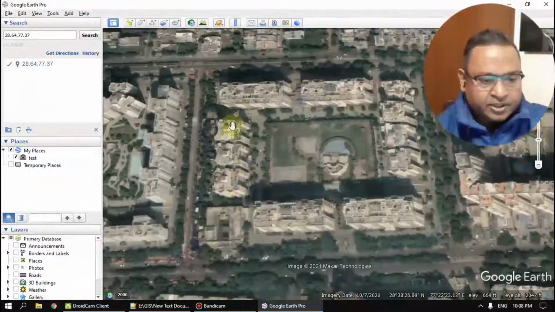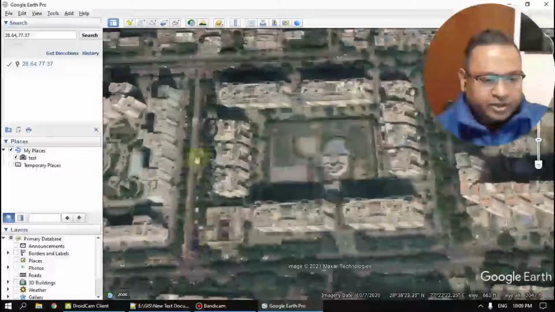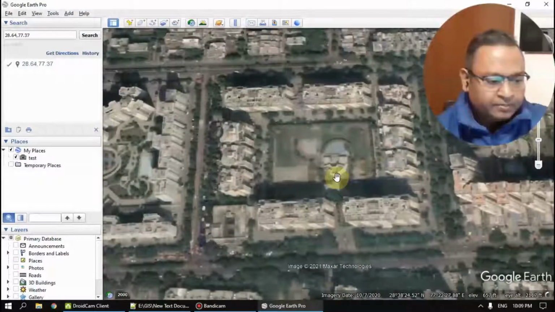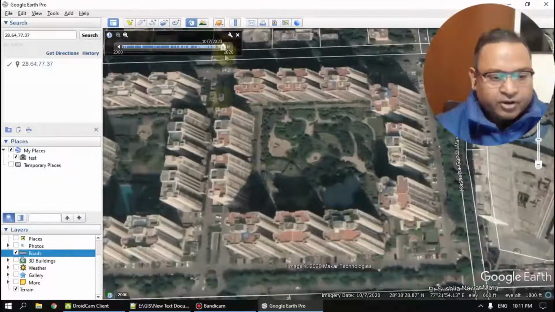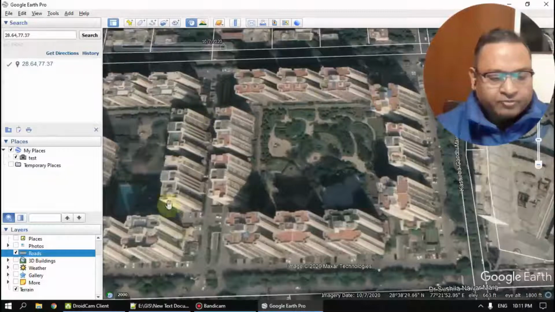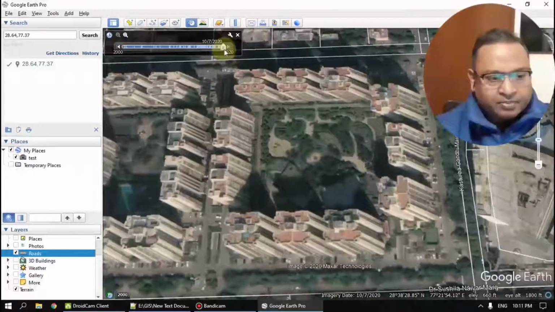And here, as you can see, these are the objects present on this particular geographical area. Okay guys, if it is required to analyze this particular geographical area, to see what was there 10 years ago or 15 years ago, right?